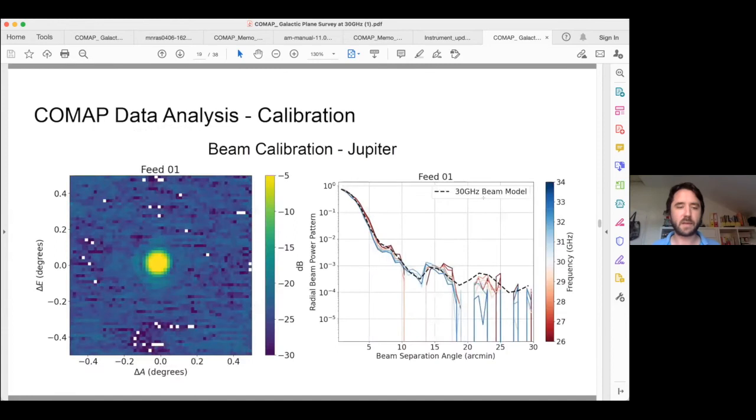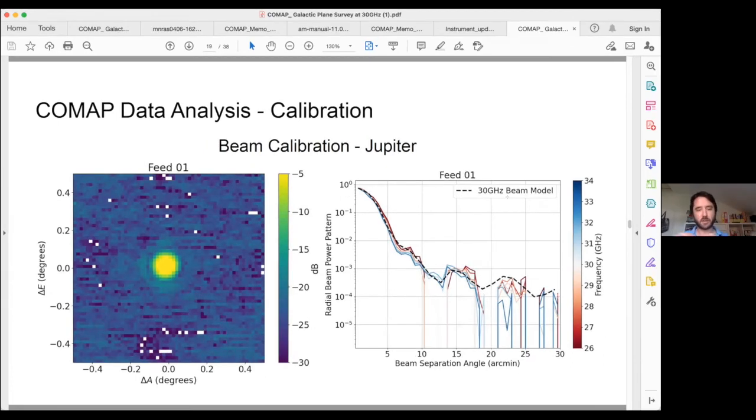The main thing, though, to bear in mind is that we're not a perfect instrument, like the Planck. In terms of its beam, we don't have 98% beam efficiencies. We're more of a normal telescope, so we do have significant side lobes, inner side lobes. So we are trying to quantify those. We've done these mostly by stacking observations of Jupiter, which is this plot on the left. You can't quite see the side lobe in this plot, but once you do a radial profile,